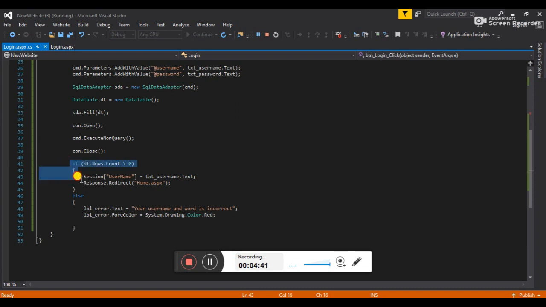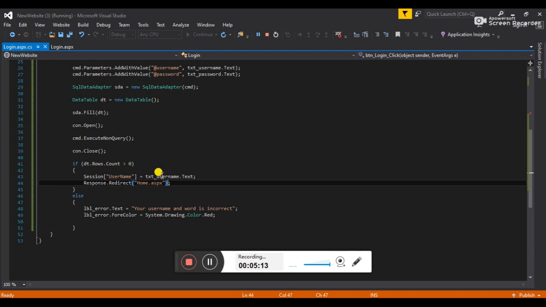Now this is the if clause. Why have I used this if clause? Because I have to see whether that user exists or not. How exactly will I see? I will see whether the row which the SQL is providing us is blank or not. So it will check whether datatable.rows.count is 0 or bigger than 0. If it is bigger than 0, it will come here and add the username as a session.